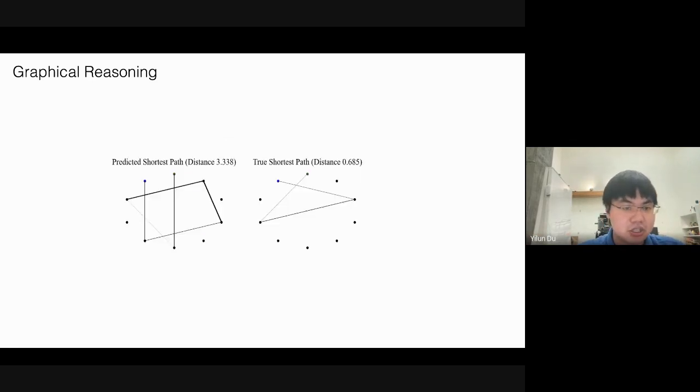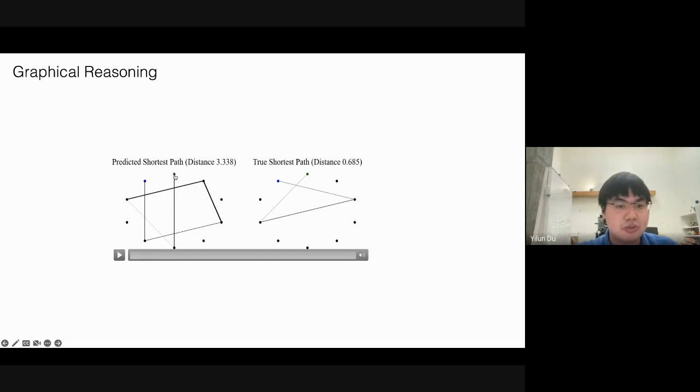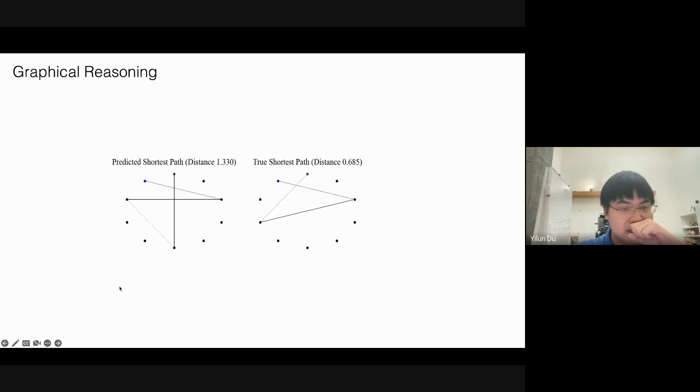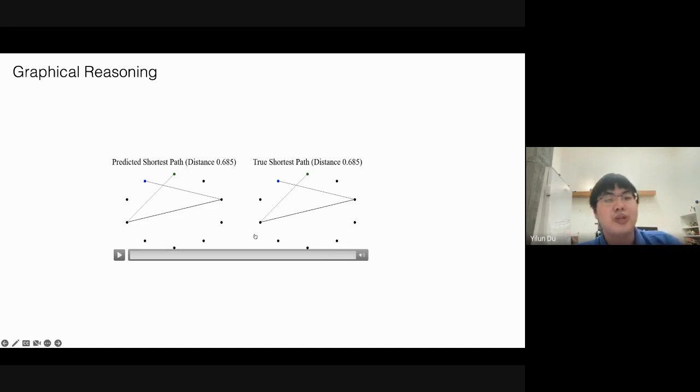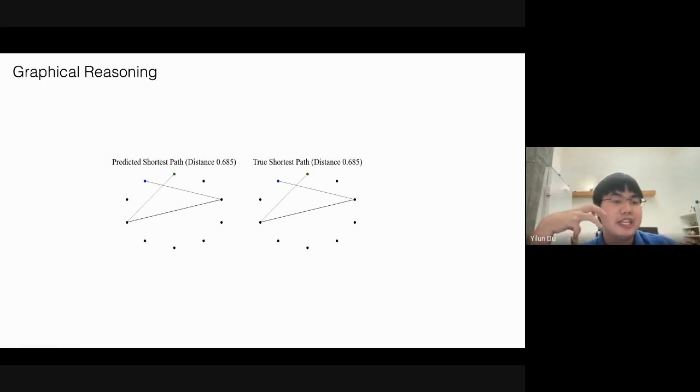Here, I'm going to show the actual optimization procedure. You have a start point in green and a goal point in blue, and you have different connections between each of these vertices that are basically continuous values. At the beginning, you start with a random path that's initialized here. As you run the course of optimization, you keep exploring different trajectories until gradually we recover the ground truth one, which is the shortest path. So as you run optimization on the energy landscape, you gradually recover the final path.